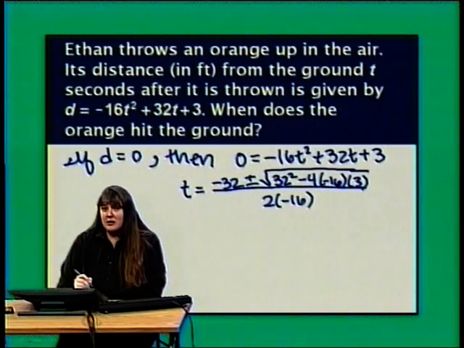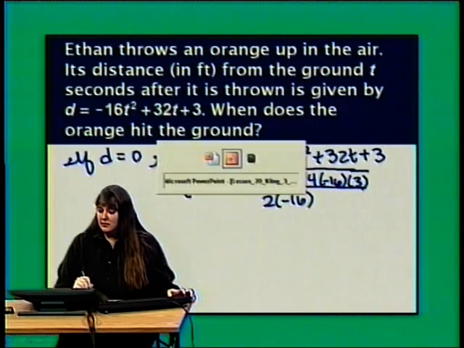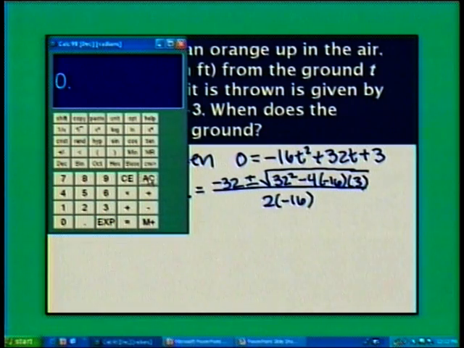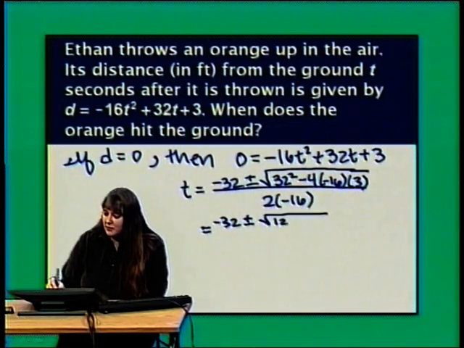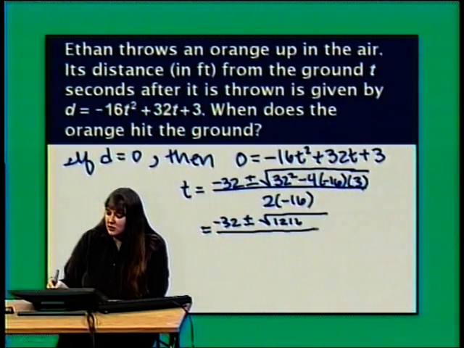Now I think I'm going to get out my calculator to figure out what the radicand is. So I have 32 squared minus 4 times negative 16 times 3. 1216. That doesn't look like a perfect square, but I'm going to check to be sure. The square root of 1216, well, it's not a perfect square. So my radicand is 1216. So t is negative 32 plus or minus the square root of 1216 over